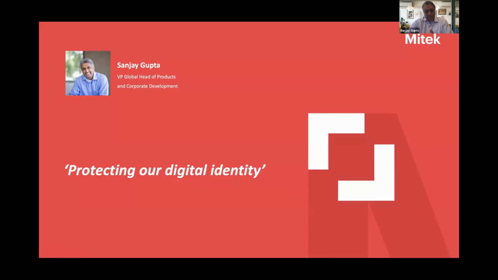But what I wanted to spend today really is looking at what we spend a lot of our time looking at: the attack vectors that fraudsters are using, the techniques that they're using to actually create these synthetic IDs. And by understanding these techniques, we really get to the point of being able to provide the authentication techniques that are required to catch these guys. So let me start with that.